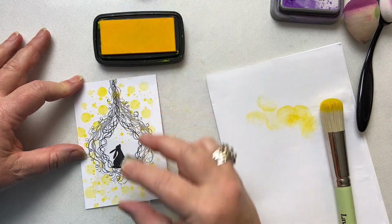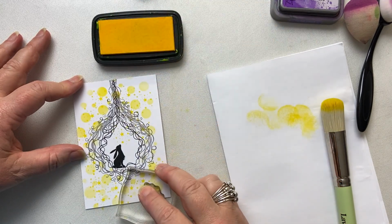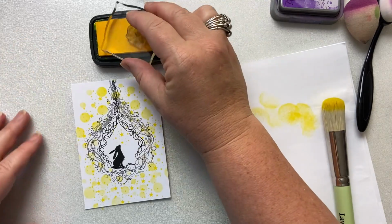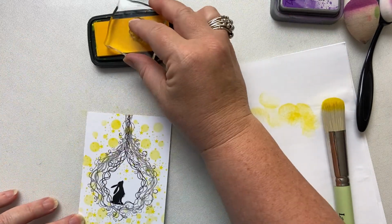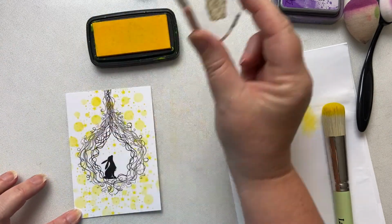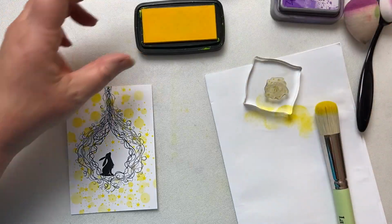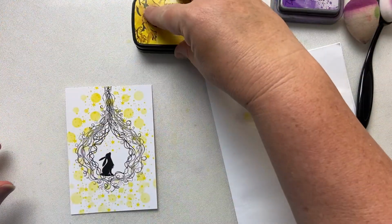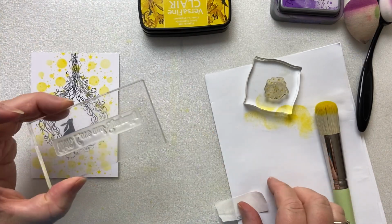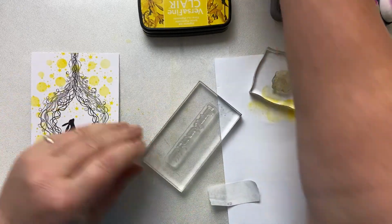It's just giving it a whole magical little feel to the whole thing. There we go. Little Pipin with some magic. Then I'm going to take the Heartfelt Verses stamp, which says With Love and Sympathy, and I'm